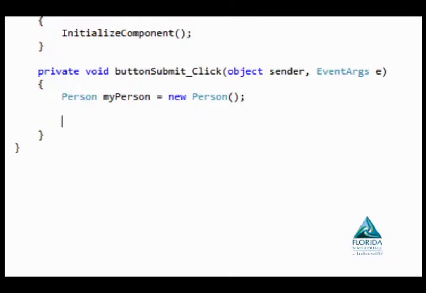What I want to do is to take the data from the text boxes and assign them to the members of my person class. So we want to use my person, and then we want to set first name. We use parentheses, then we can say we want to take the value from the text box for the first name, and where we get the data for the text box is in the text property. So we'll select the text property,